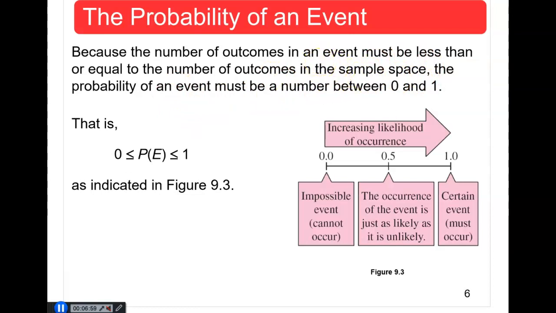So I know sometimes you might hear things like there's a 30% chance of rain, but in reality that 30% is representing 0.30, or 30 over 100, or simply we could say 0.3. So that probability of 0.3 does satisfy the condition that it must be from 0 to 1. If we plot 0.3, it will be somewhere maybe here,